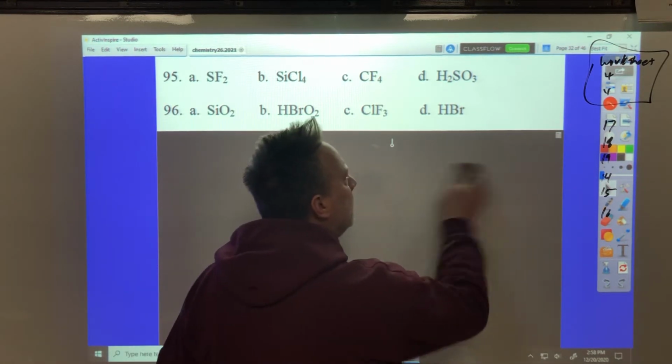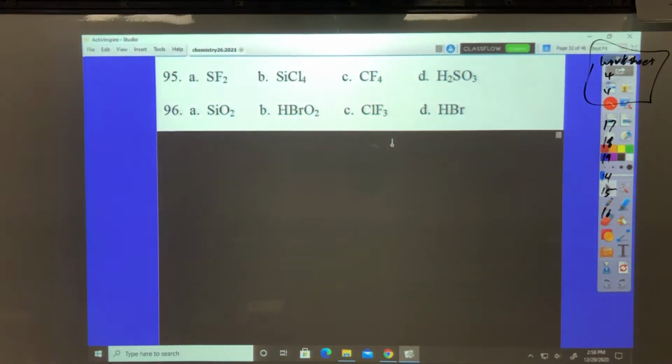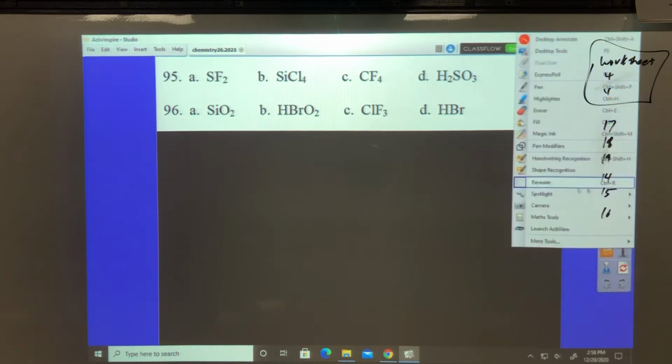Okay, and this is hydrobromic acid, HBr. Okay, next one. 101, draw 3 resonance structures for the polyatomic ion CO3 2-. Okay,